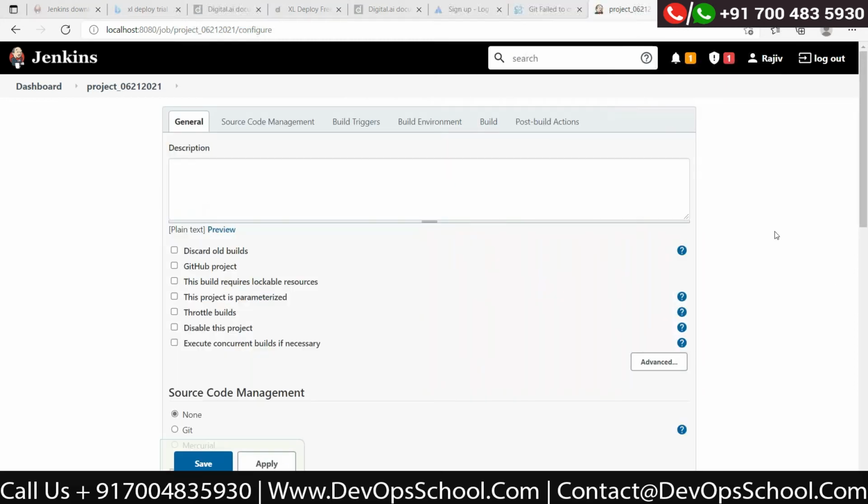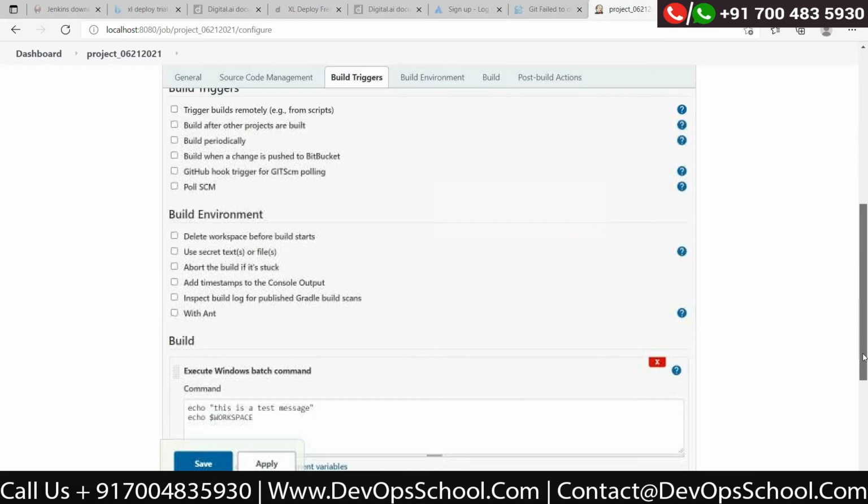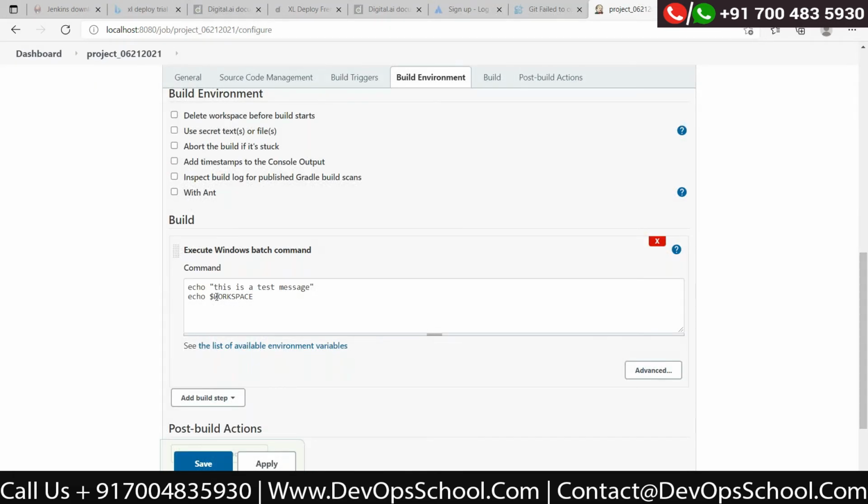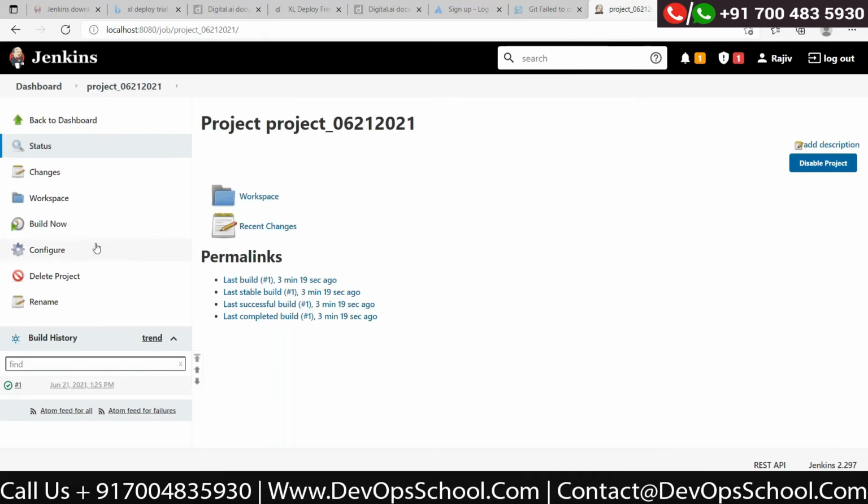Let me try dollar also. Echo. No, dollar doesn't work. Percentage, and then after the workspace, percentage. Yes. Let me now save and try to run it. Yeah, better now.